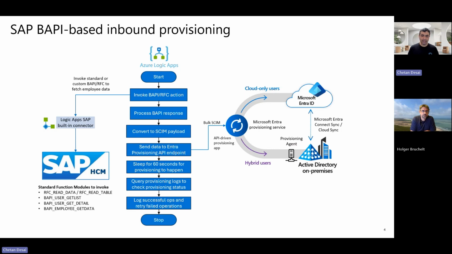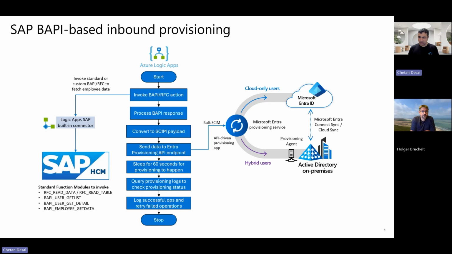And once you have that access, use the invoke BAPI RFC action to fetch that data. Once you have that data, process the BAPI response. In the previous example, we saw how we converted the JSON payload into a SCIM payload. Here, you're going to get the BAPI response and convert that to a SCIM payload.